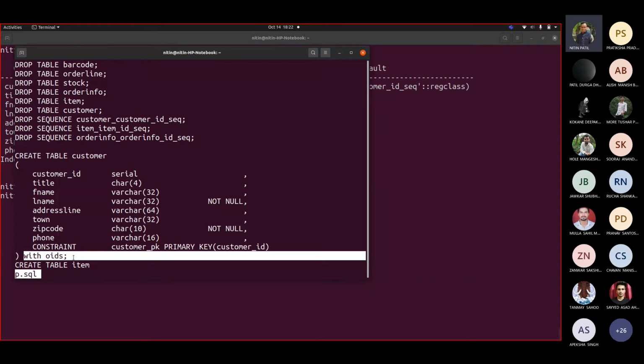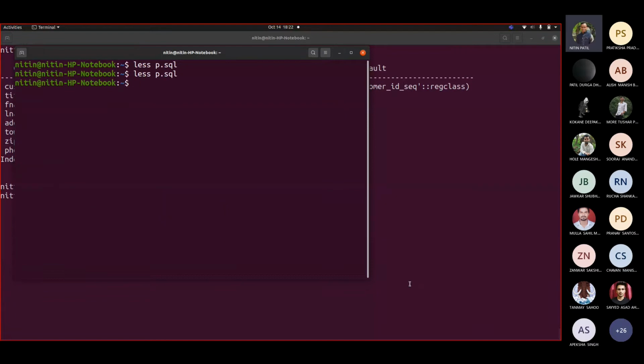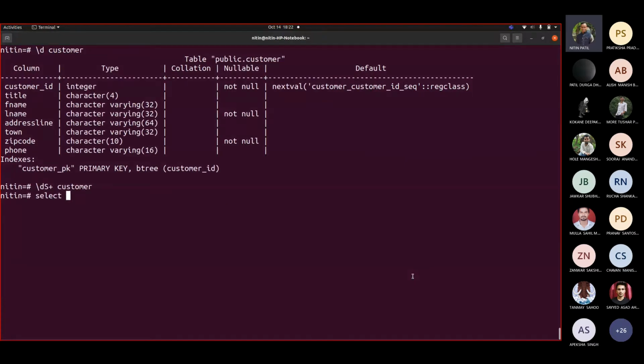You can check it in the p.sql file that I have already shared with you. So this would be accessible, created with additional columns as well, which we saw earlier. If I write select oid, customer_id, app_name from customer.